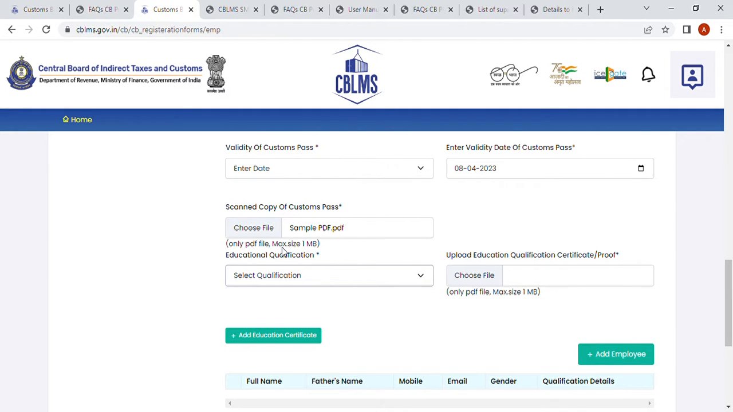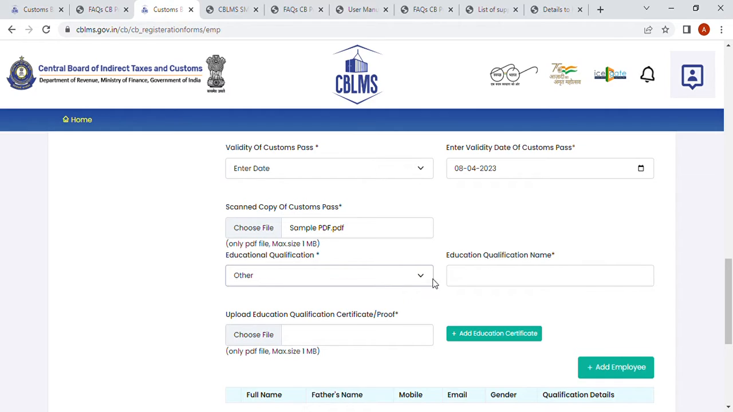If they have passed the exam in a year where no qualifications were required, choose other. Give the name of that particular educational qualification, whatever maximum qualification that they had at that time. Even if they have studied up till first standard, even if they have studied up till second standard or fourth standard, whatever maximum qualification they possessed at the time of clearing that particular examination, at a time of clearing the